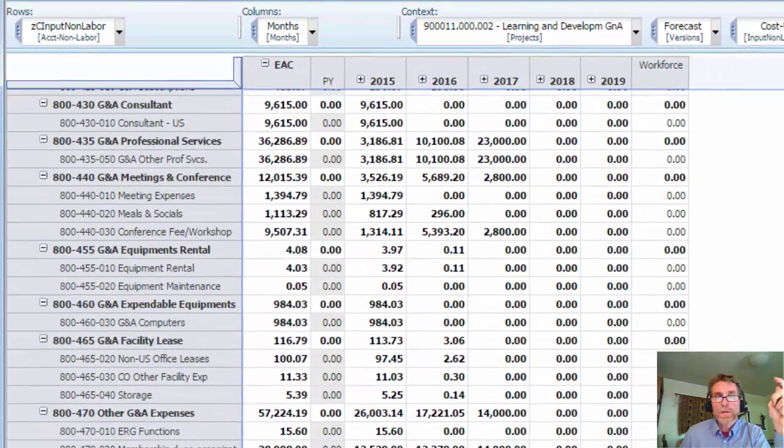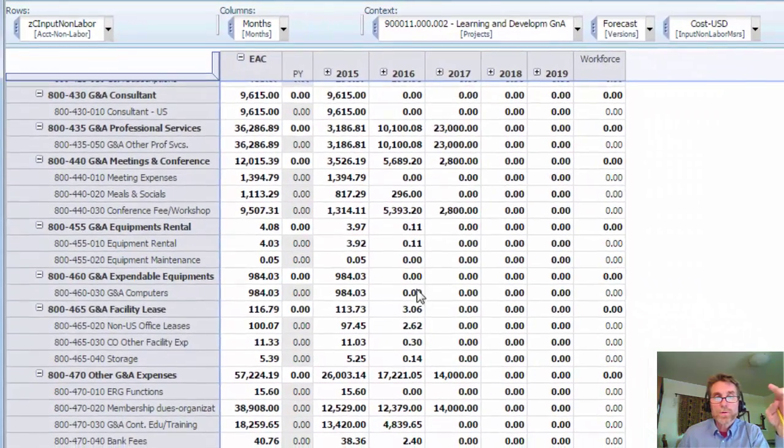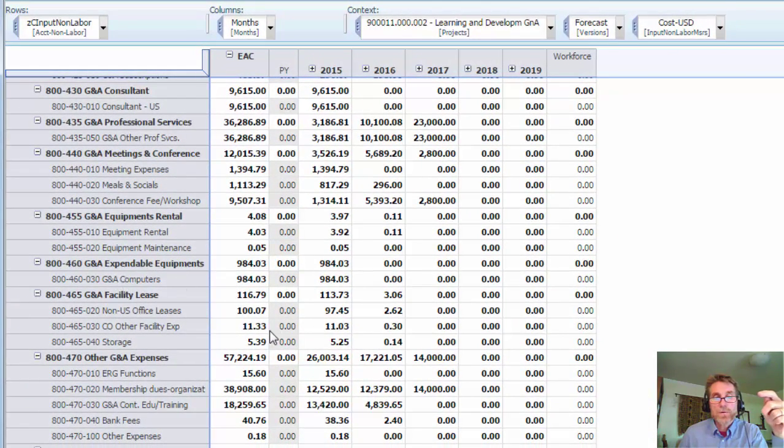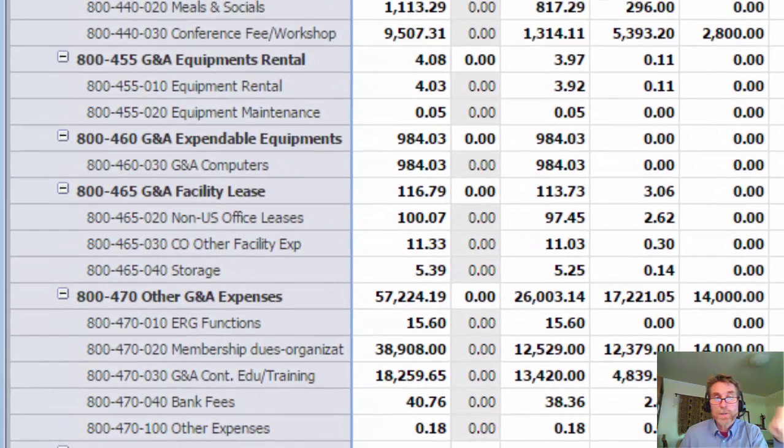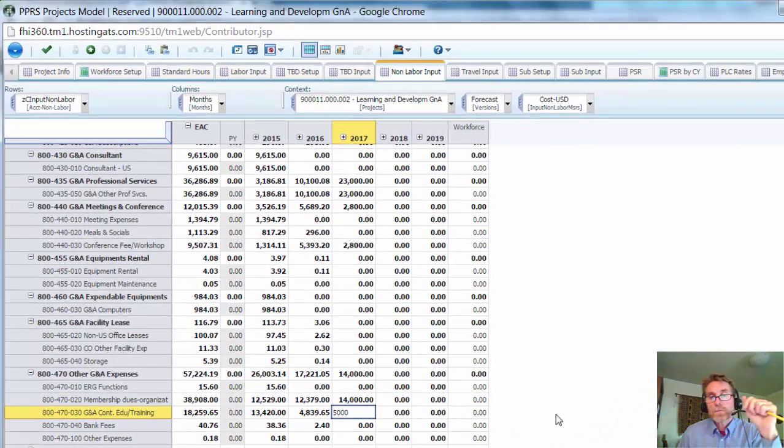But just as before, you load into the different categories your pieces. So for example, of course I don't think anybody wants to forget their continuing education, so make sure you have something in that column for your G&A projections,